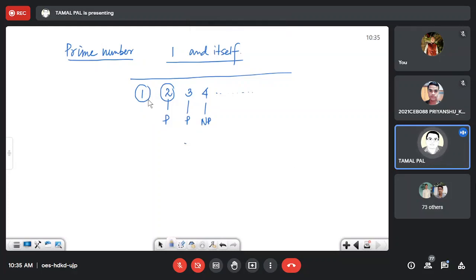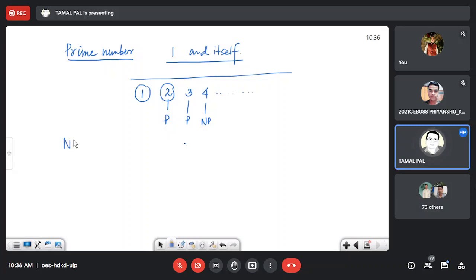Actually, this type of thing depends on the designer. The designer may not be a mathematician. You are a programmer, so you have to collect the definition from mathematics, which one is prime and which one is not prime. Now it is your task to prepare a code for it. Other than 1, you have to synthesize the logic to find whether the number is prime or not.